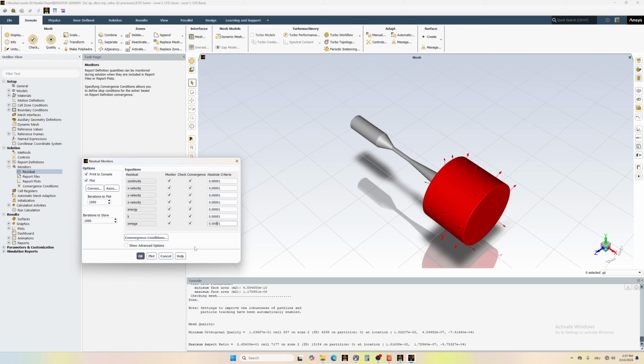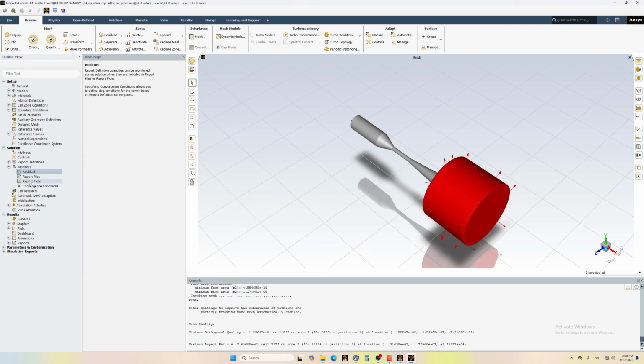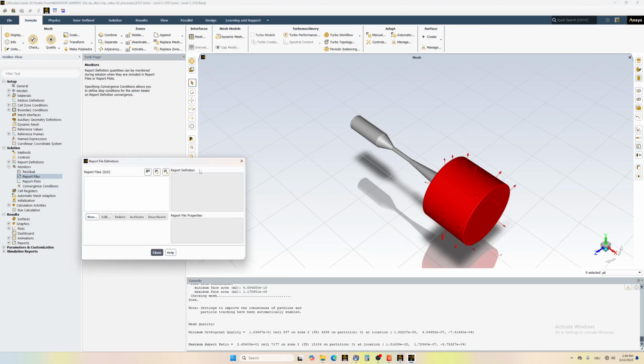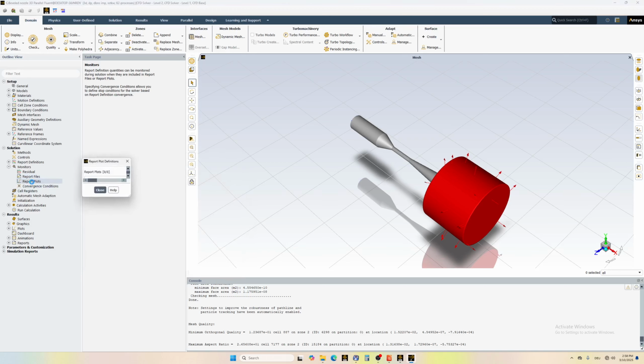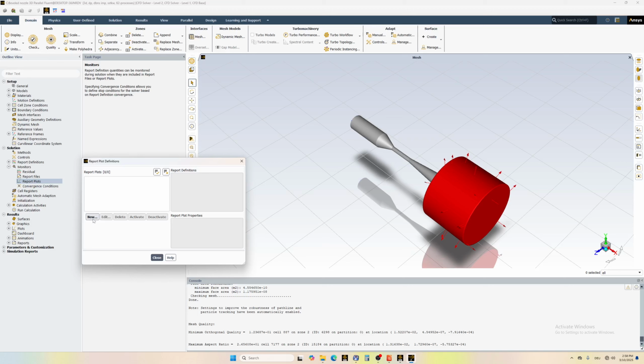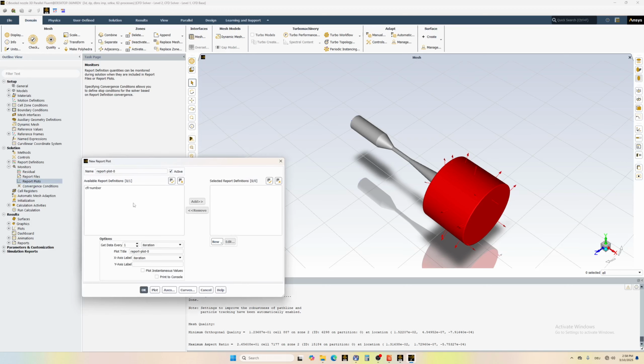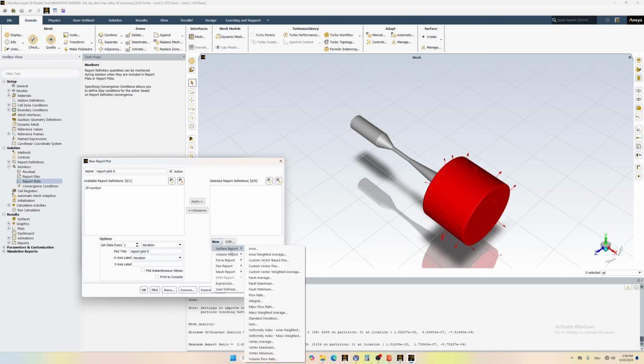There are other criteria. If you watched my previous videos or tutorials, I already discussed this. Okay, and report files, we don't care about this one right now. So report plots, this is what we are interested in, and we go to new surface report, and we choose, let's say,